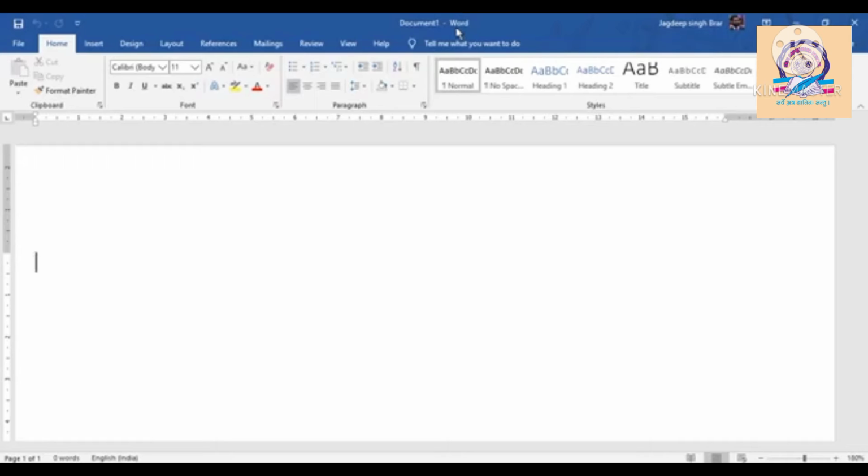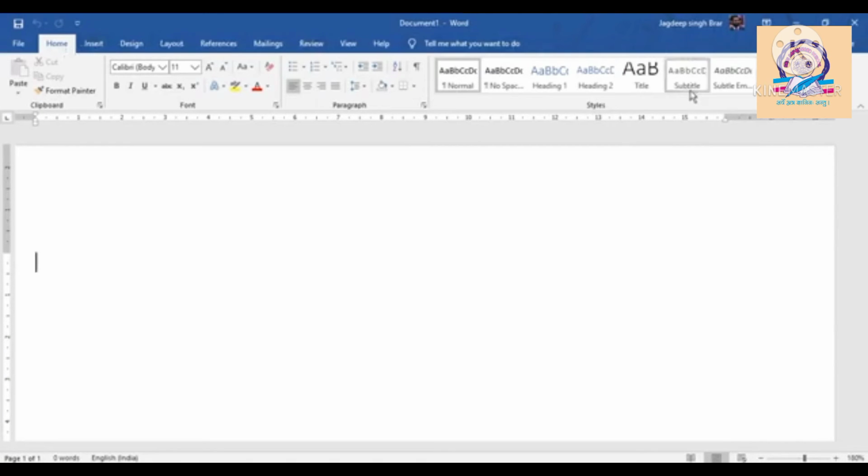To the right of the title bar, you can see the three buttons: minimize, restore/maximize and close. And if you have logged in through your Microsoft account, then you can see your account name here. The Close button is used to close this software.